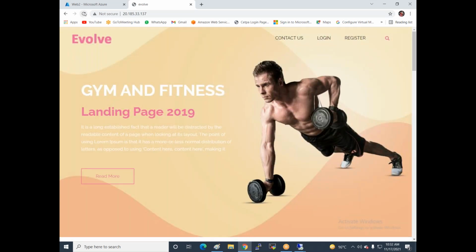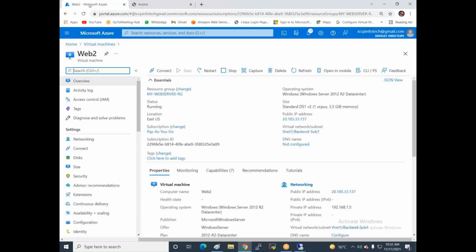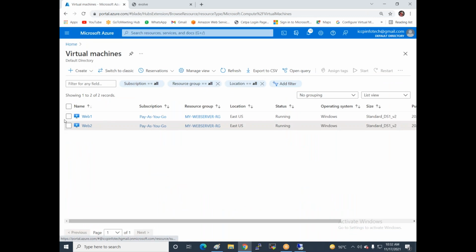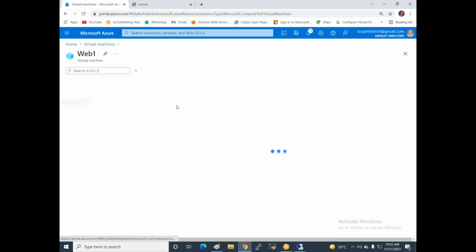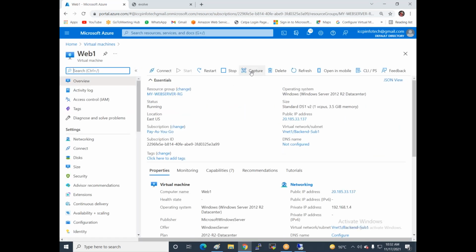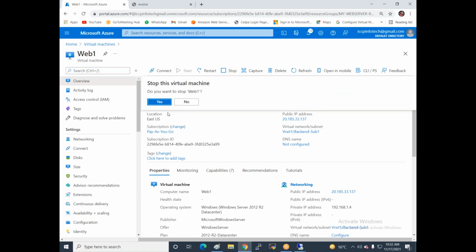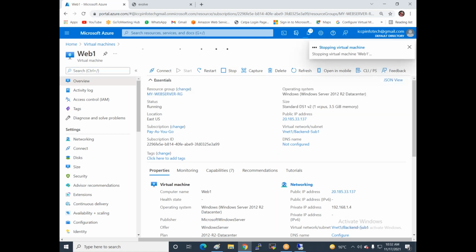I refresh again. Now you can see, if I stop web server 1, what happens? If I stop web server 1 and then you refresh after the stop. Now I click stop. Just wait.